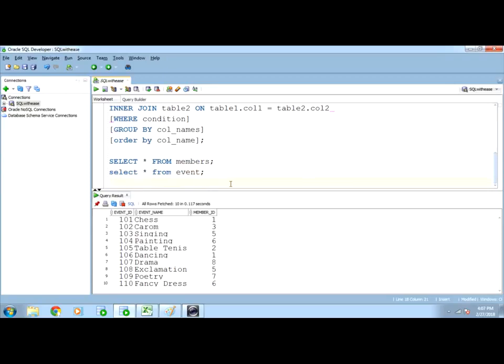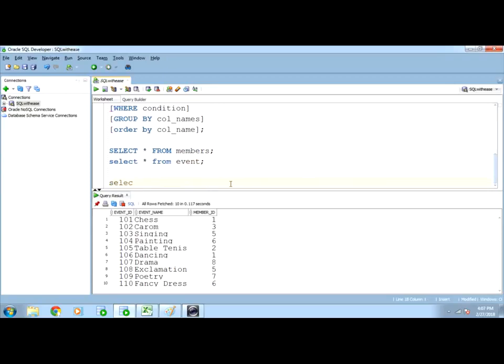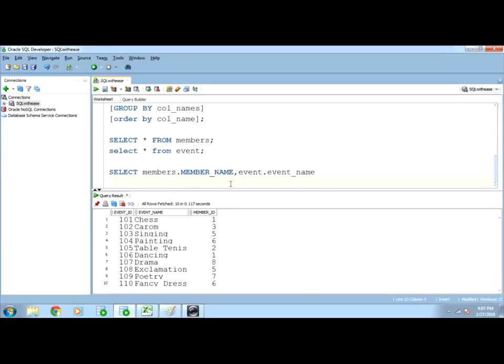Now we will join both the tables. Select members table dot, we want only member name from this table. You can select any number of columns. Event dot event name we want from this table, which member is participating in which event.